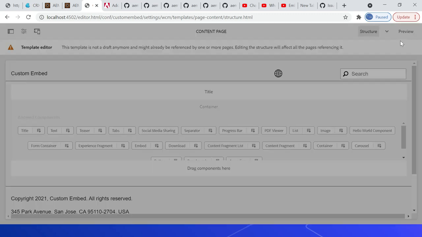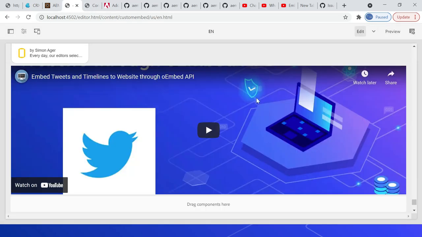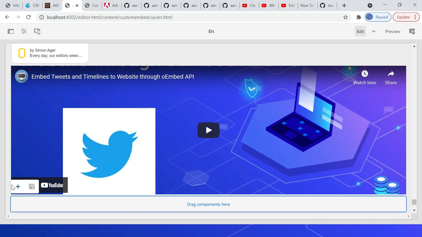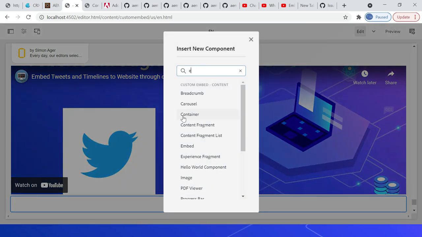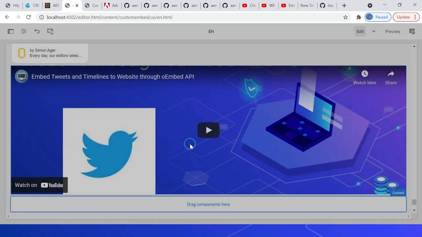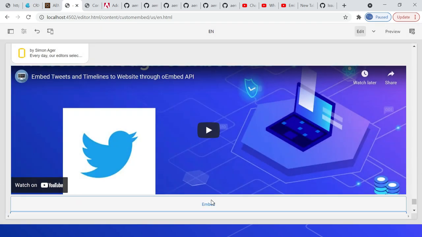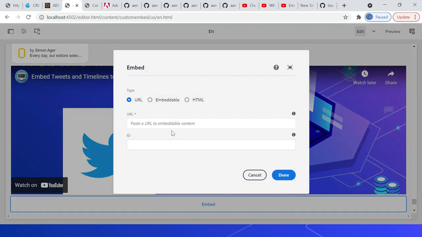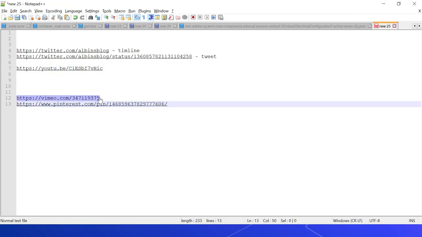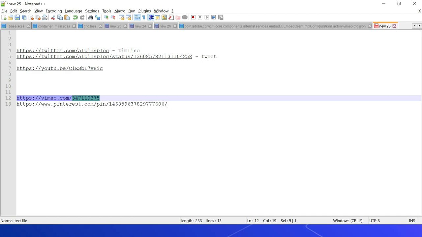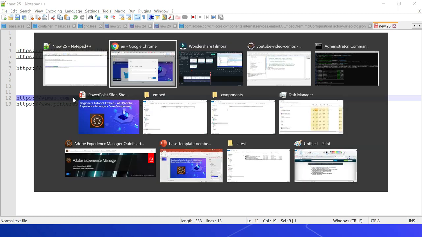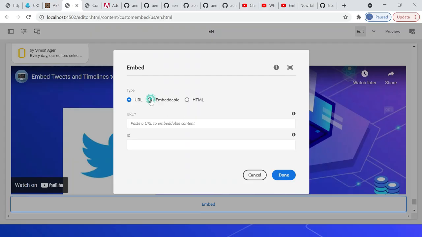Fine, click on done. Let me go into the page again. I'm going to add an embed component. Embed. Let me now copy the video ID. So this one. Okay, embeddable.